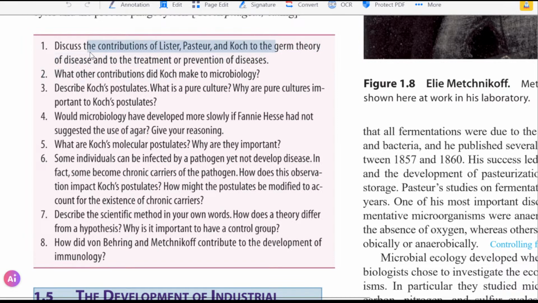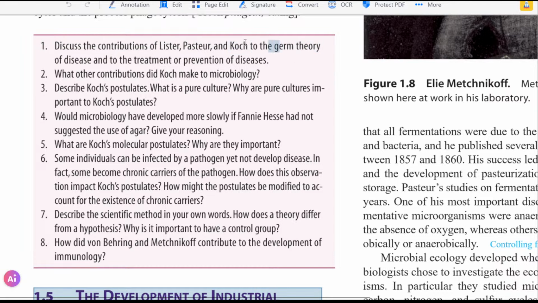The germ theory of disease is that microorganisms cause the disease. Here, germs means microorganisms, and that disease can be transferred to another person if we put the same microorganisms into another person. Not just a person, it can be any living creature, right? So they are asking what were their contributions. Koch obviously had the most contribution to the germ theory.